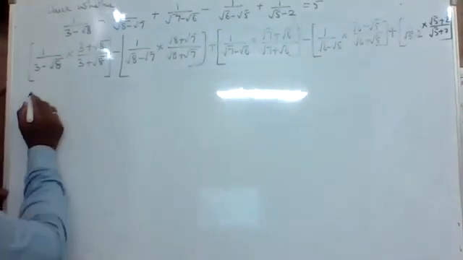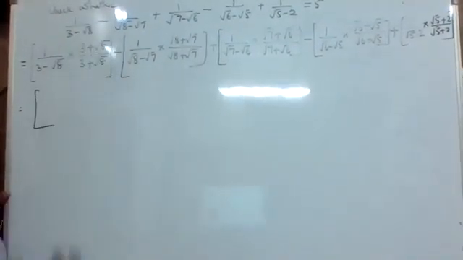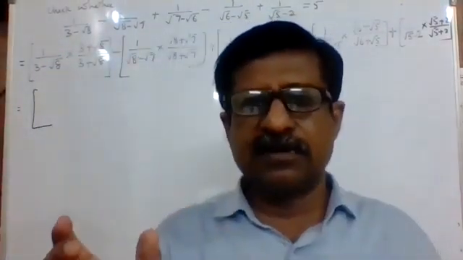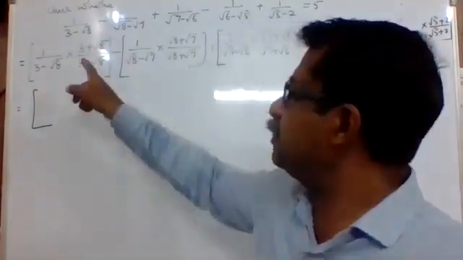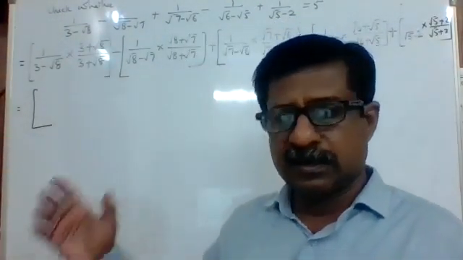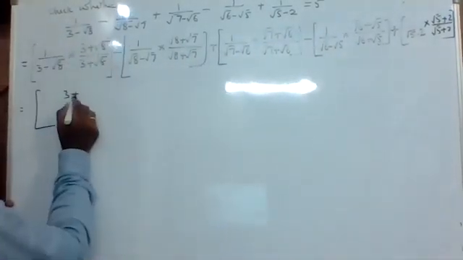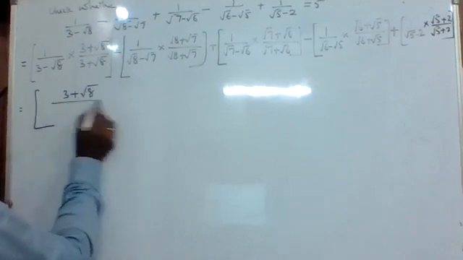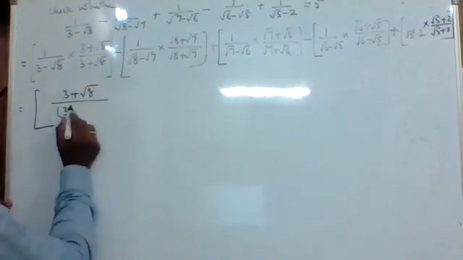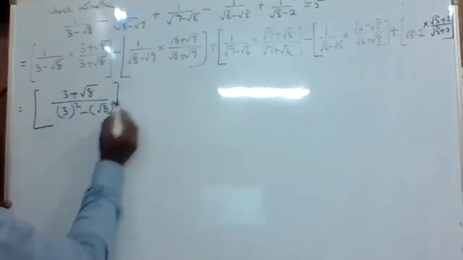Now we do the multiplication. This is 1 into 3 plus root 8. We don't have to multiply a bigger number with 3 plus root 8. 1 has to be multiplied. The numerator is very easy. Okay. Therefore, in this question, we will multiply 1 with 3 plus root 8. We are going to get 3 plus root 8. It is in the form of a minus b, a plus b. The formula is a square minus b square.